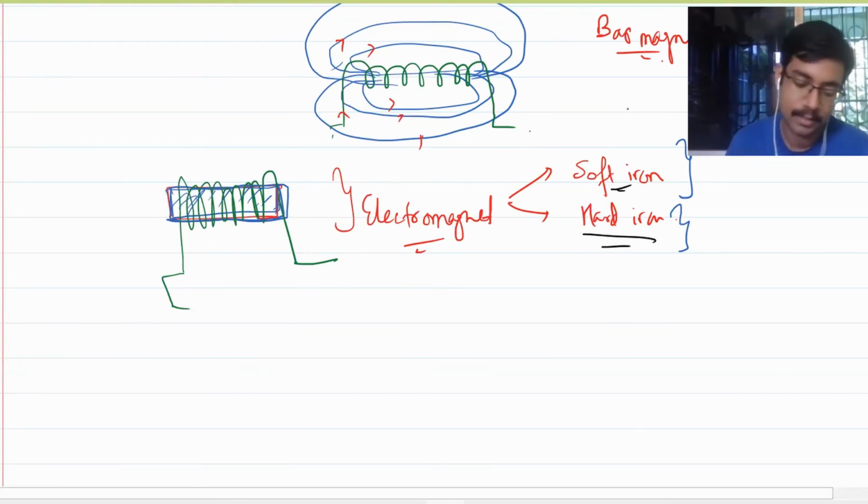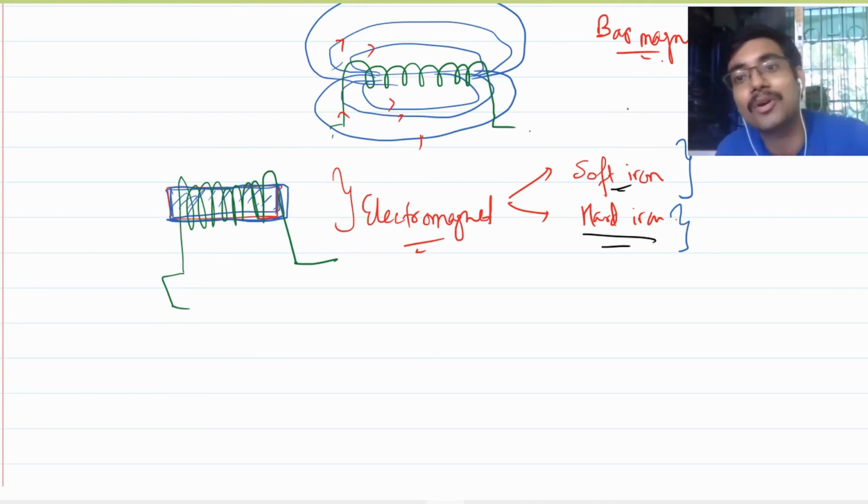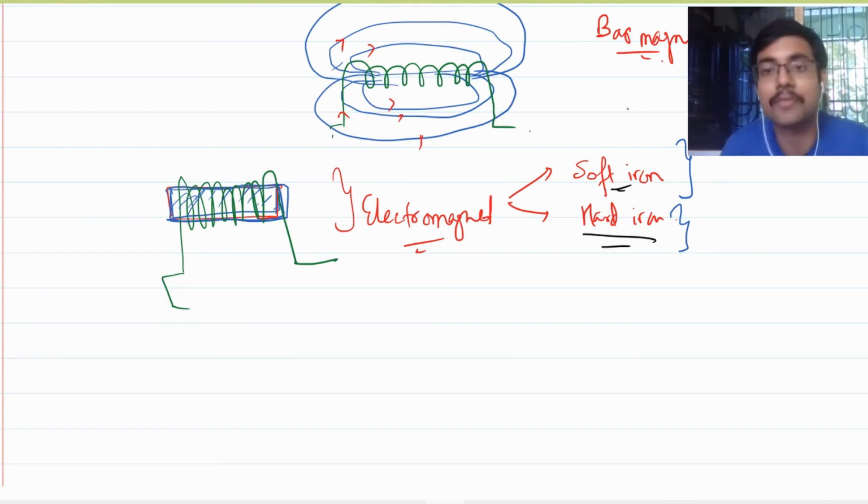Fine. So there are many real life applications of the solenoid. Suppose some iron particles went inside your eyes because of some accident. The doctor would use an electromagnet to pull it out of your eye. Otherwise, if the doctor becomes a chef and tries to pull it out using a fork or something, your eyes may come out, not the iron fillings. Are you getting my point? You will see in S. Chand, they use very sophisticated electromagnets to pull out the iron fillings that may have accidentally gotten into the eyes. Are you getting my point?